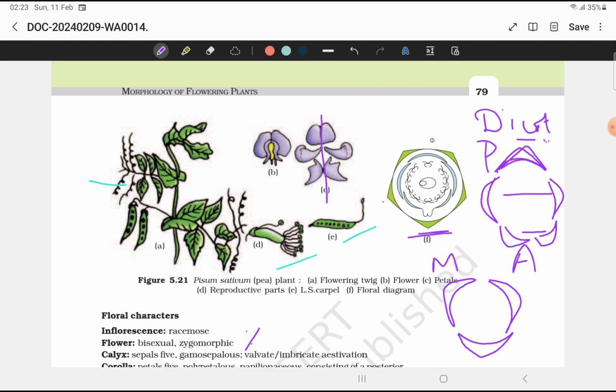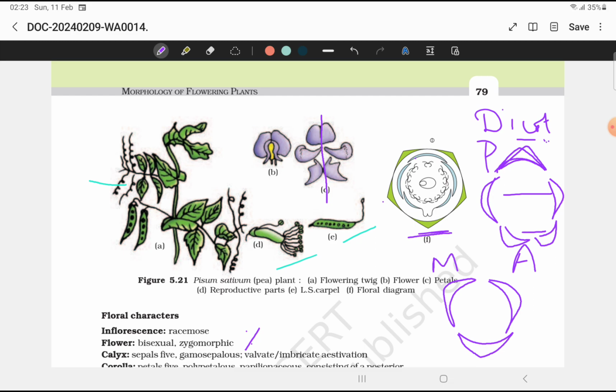This is very special with the Fabaceae floral diagram, wherein the reason is that the standard petal is placed on the posterior side, and generally calyx and corolla are arranged in an alternate way. They don't arrange in the opposite way. All the floral leaves alternate with each other. So in case it were arranged like this, with the calyx arranged with the posterior odd sepal,